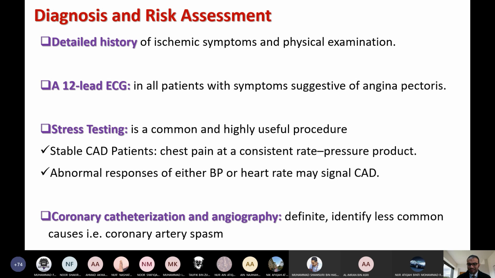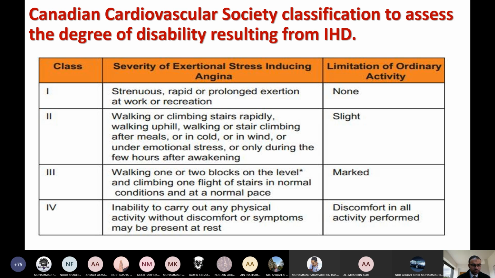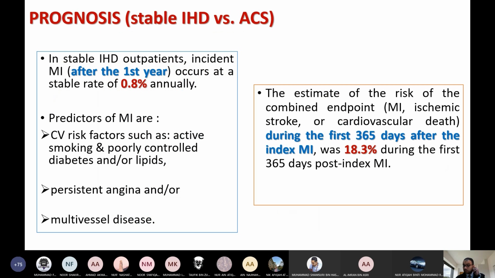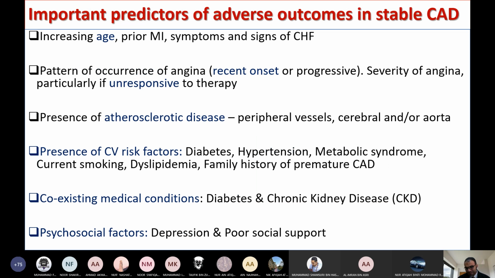Okay, I understand that you have just finished your class with Dr. Nami, if I'm not mistaken. So inshallah today we'll continue the second part of stable ischemic heart disease. I'm just flipping through with you so that you can refresh or remember the points we covered yesterday. And if you remember,